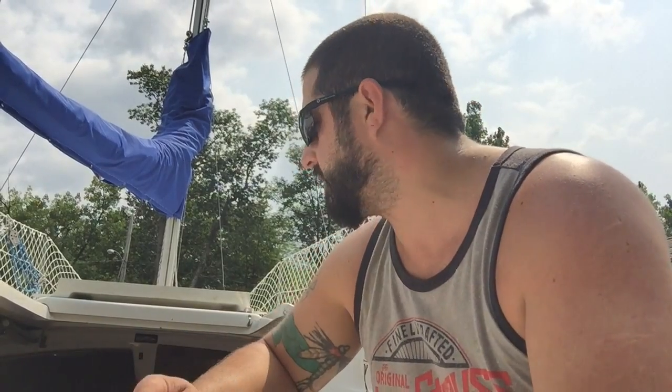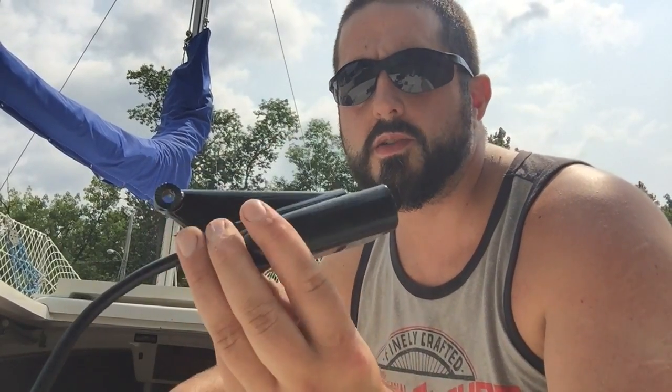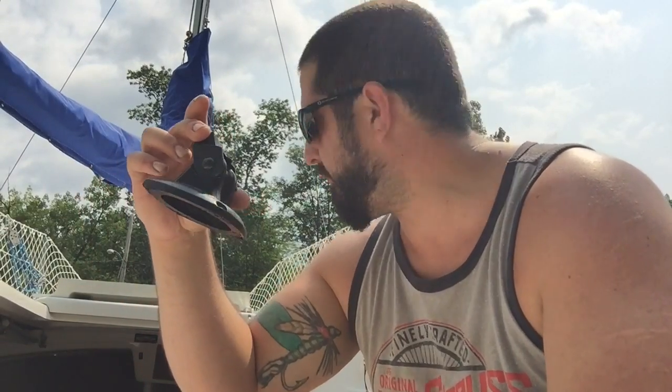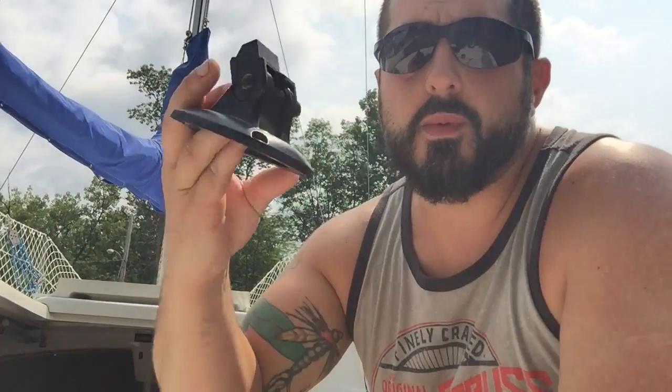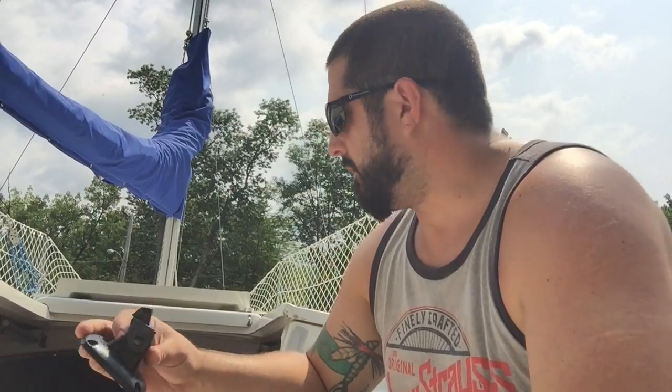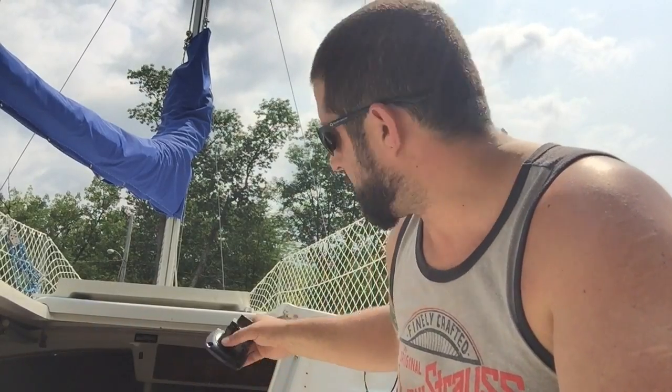So today is going to be another project episode, and today's project is installing this transducer, along with another mount for my Lowrance fish finder slash chart plotter. We got another mount for the chart plotter slash fish finder that I have installed in the nav